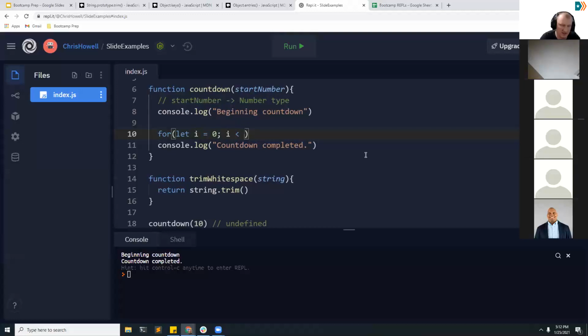So I can say, actually, we can say we want our start number to be our top number, right? And then we want to count down from that number. So we could say the number that's passed in is going to be i. Does that make sense? We're setting i equal to whatever the start number is. And then I say,